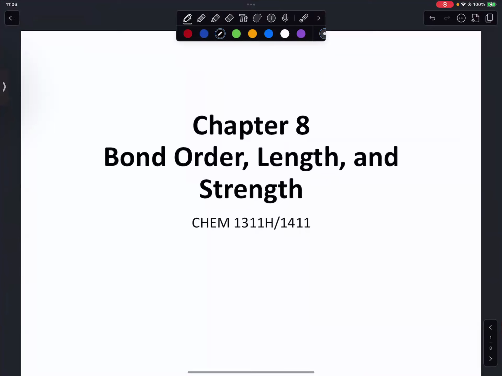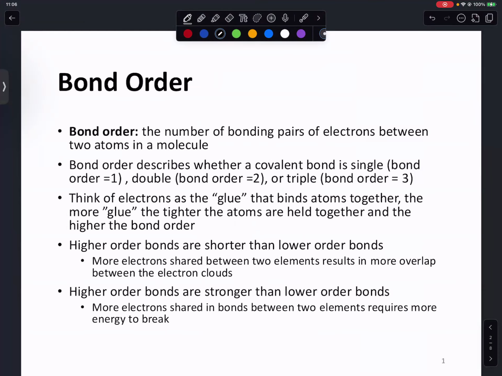In this video, we'll be talking about bond order, length, and how bond order and length relate to its strength. Now, let's define bond order. Bond order is the number of bonding pairs of electrons between two atoms in a molecule. All right. And bond order will describe whether a covalent bond is going to be a single, double, or a